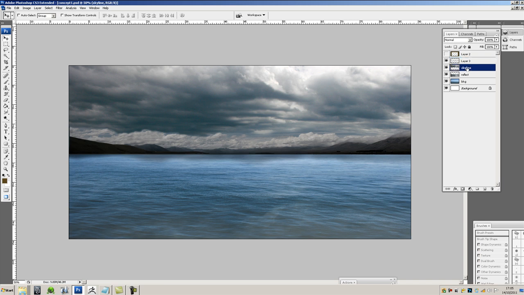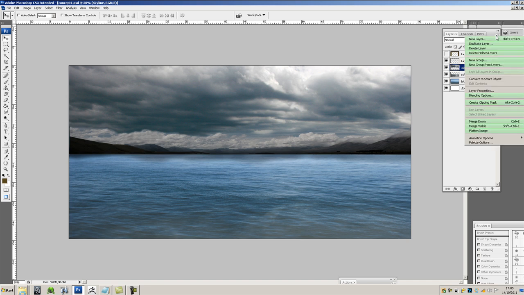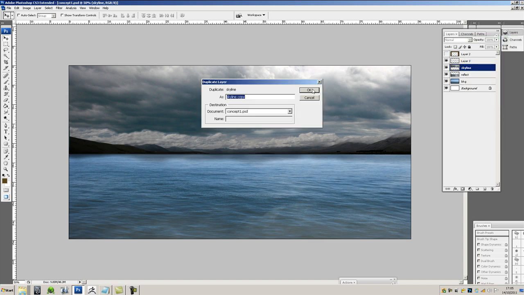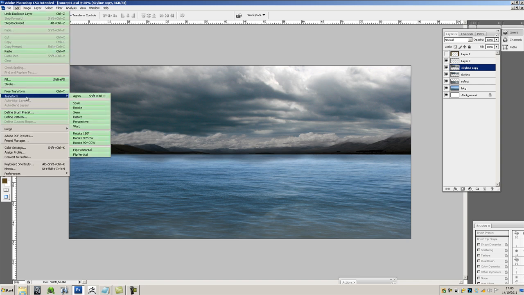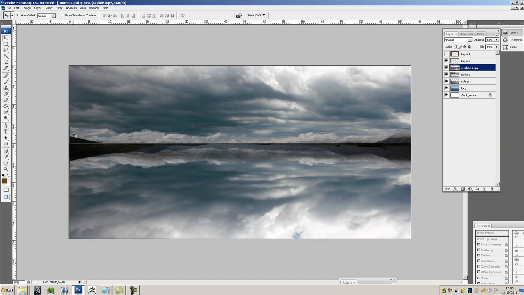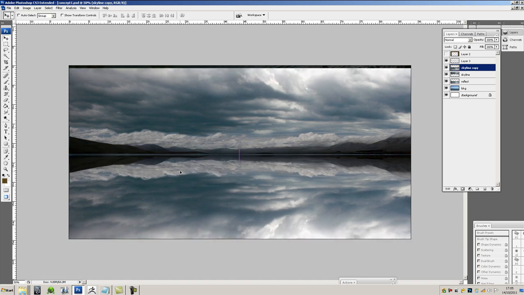And in fact, because I've got the skyline here, I'm gonna do a duplicate layer and just bounce that into the water. So I'm gonna do a duplicate layer on the skyline. I'm gonna go to edit, transform, and flip vertically. Now I'm gonna tie that up with that. I'm gonna take this